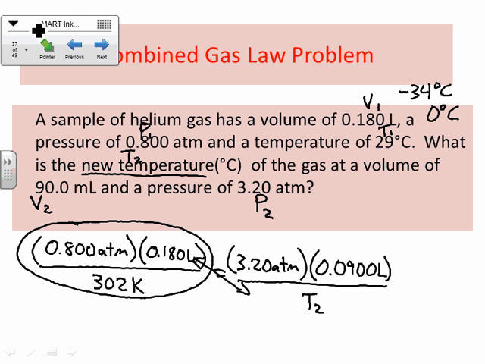Once you do that, it's going to give you 0.144. I'm going to have to write this up here. 0.144. Don't worry too much about the units. We'll worry about that at the end. That can kind of confuse the issue here. Times T2, right? Because I basically multiplied the 0.8 and the 0.180 together. That gave me 0.144, if I did that right. And then you multiply that by the T2, and that's going to be equal to the cross multiplication of the 302, the 3.20, and the 0.09, okay? So once I do that,